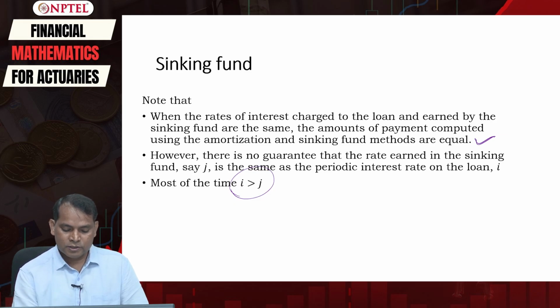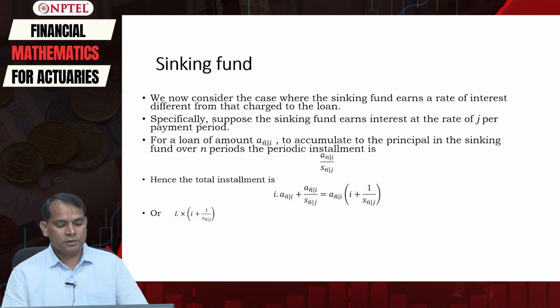So, i is basically greater than j. In this situation, we now consider the case where the sinking fund earns a rate of interest different from that charged to the loan. So, specifically, suppose the sinking fund earns interest rate of